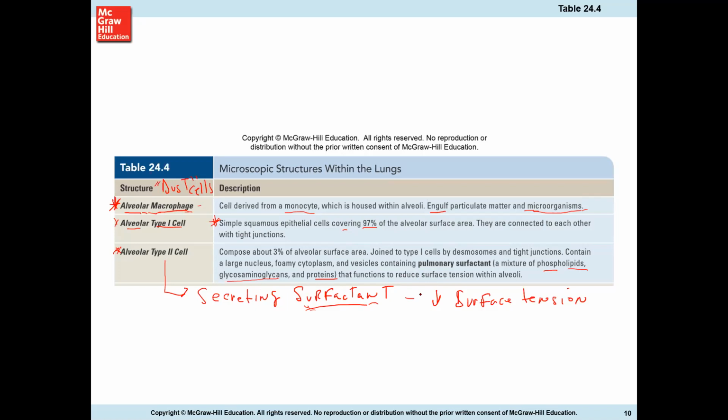Because when you breathe in, you increase the intrathoracic volume and decrease the pressure. But when you exhale, you decrease the volume of your lungs and increase the pressure. So they're under a lot of pressure, these alveolar cells, and that creates a surface tension between the thoracic cavity and the lungs themselves. So that prevents